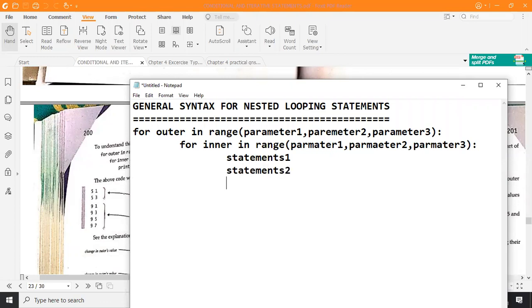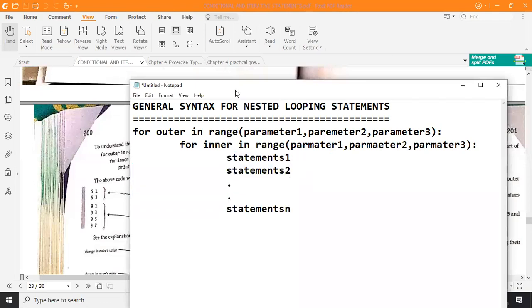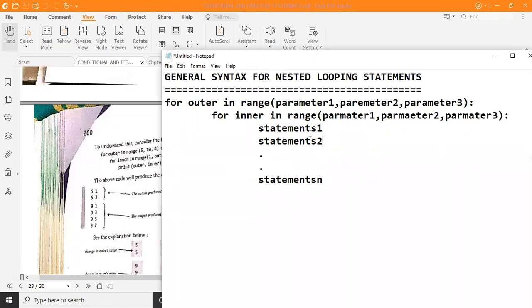So statement 2, and if there are still more statements you can include them, dot dot dot up to statement n. You may include as many statements as you want inside this nested for loop. Statements means any line of code that you want to execute inside this nested for loop. So this is an example of a nested for loop.